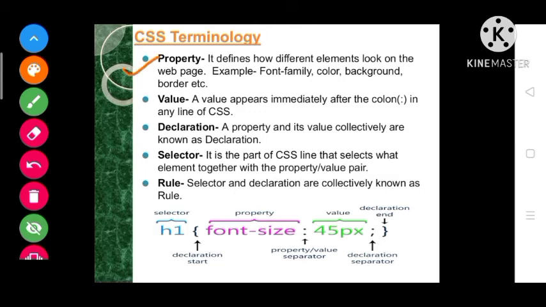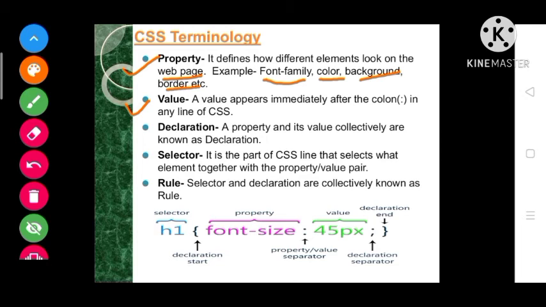First one, property. Generally it defines how elements look on the web page. Some CSS properties are font family, color, background, border; these are used to define how an element will display, how the element will look on the web page. Next one is the value.